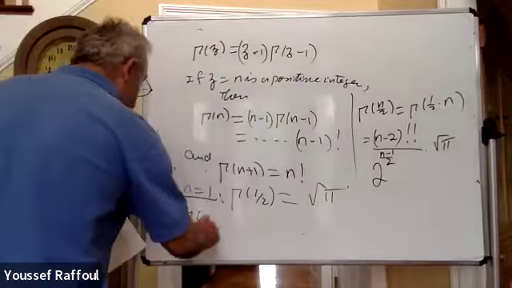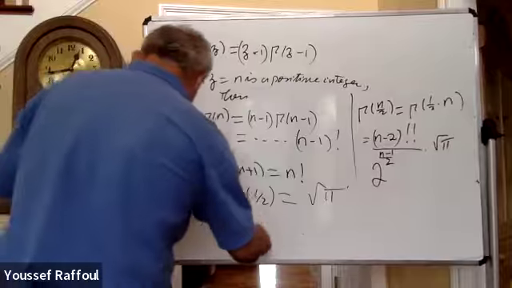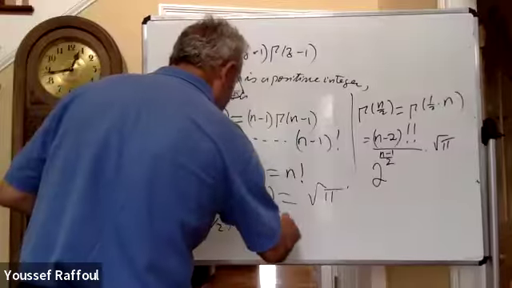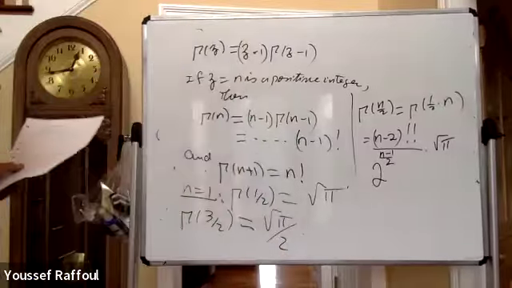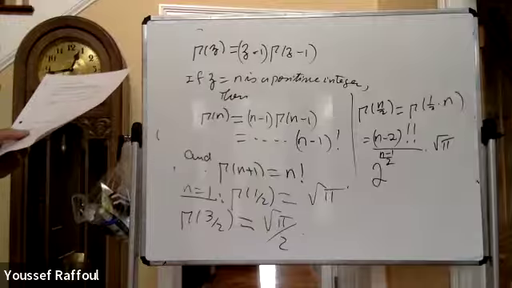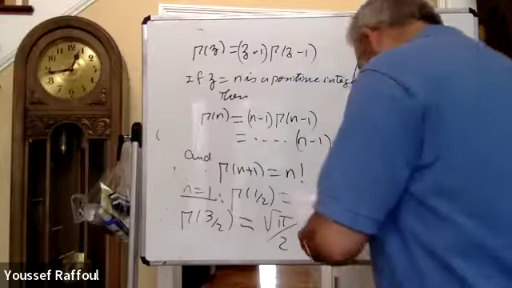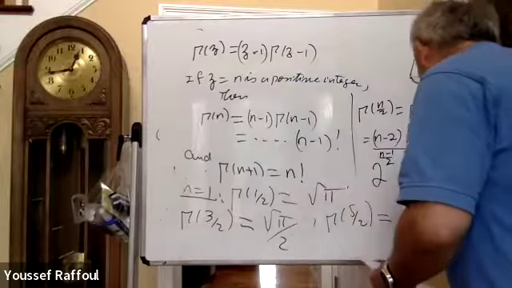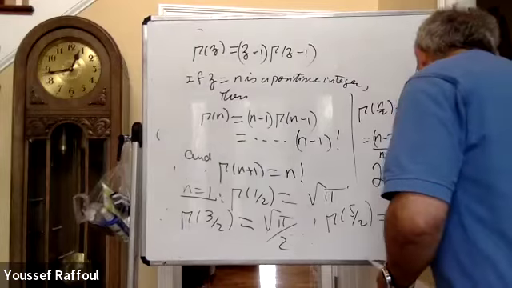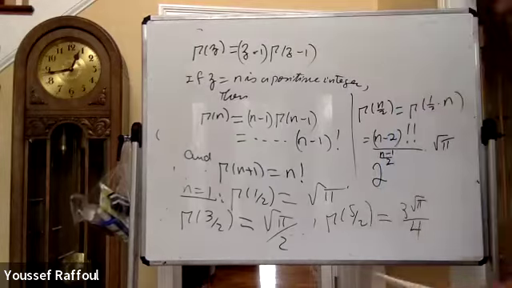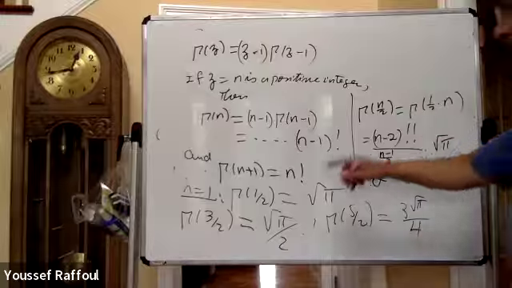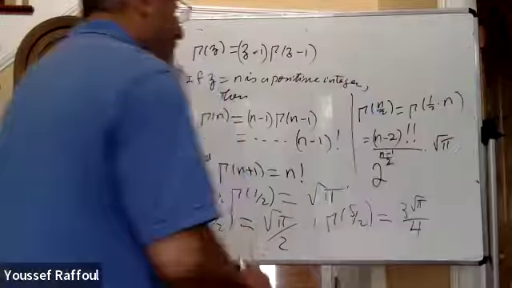Gamma of 3/2 equals the square root of pi divided by 2. All those you may need later. And gamma of 5/2 is 3 times the square root of pi divided by 4. So here I took